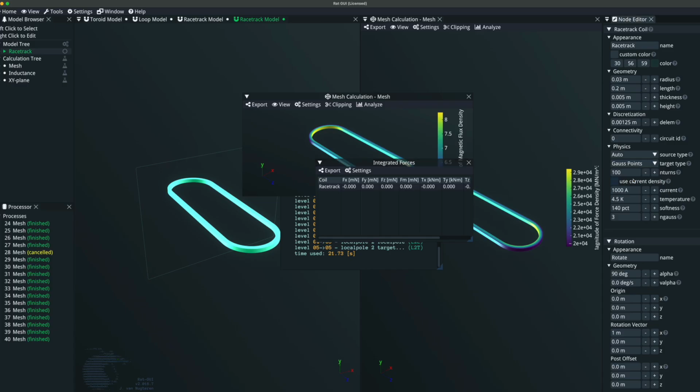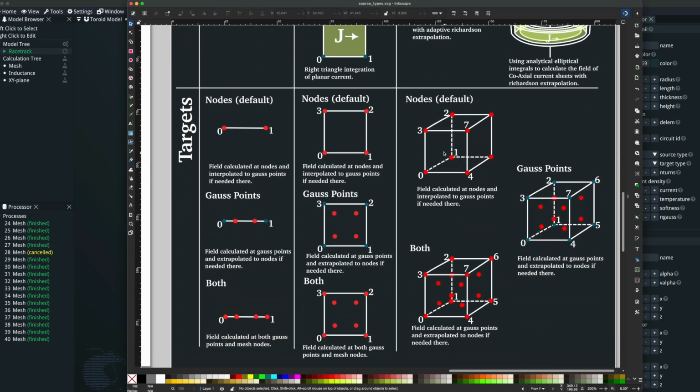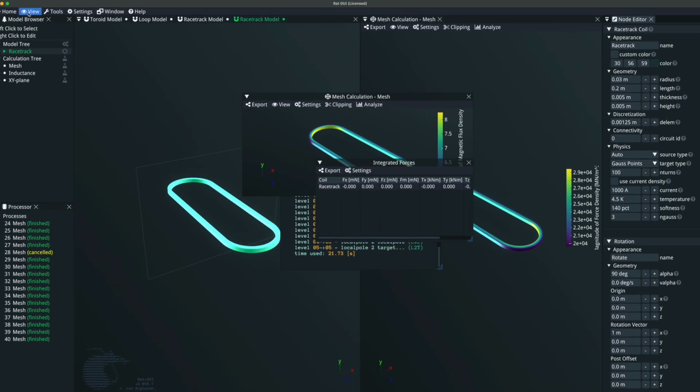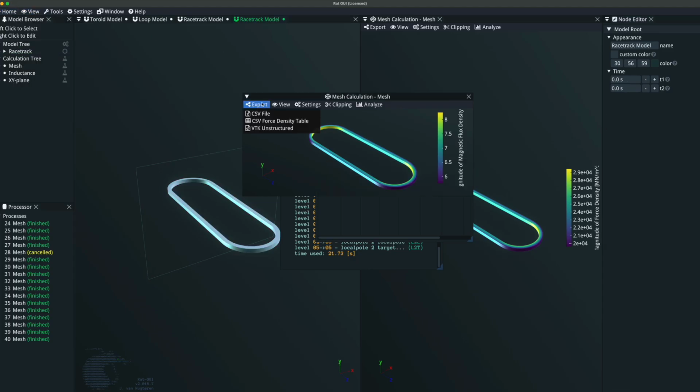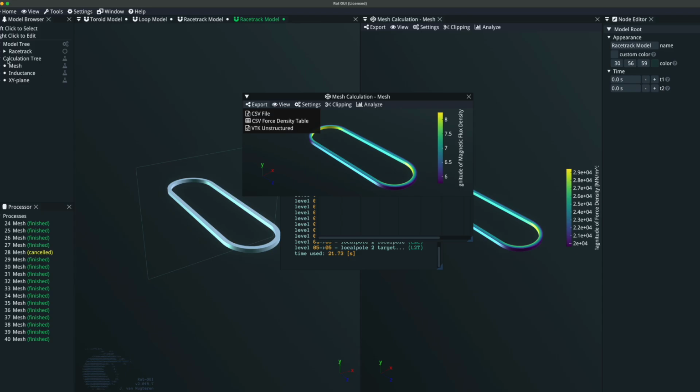So even if you have set this to Gauss points, Rat will actually export the force on the nodes to make sure that it's compatible with whoever is receiving your force density table, because they are expecting the forces on the nodes. So when you do export force density, you will automatically save the forces on the nodes. So really,